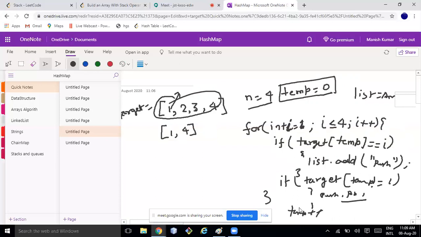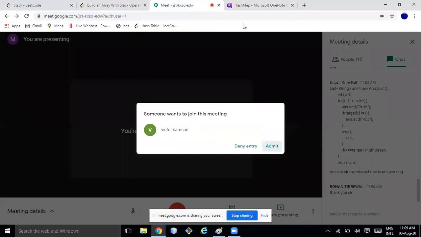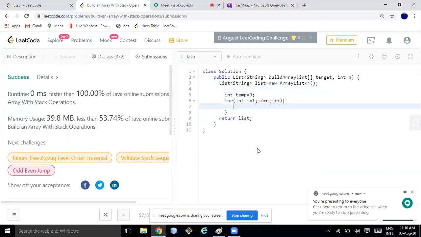Let me try this first, and I'll show what problem we are facing. For now, I'm just removing this part of the code.